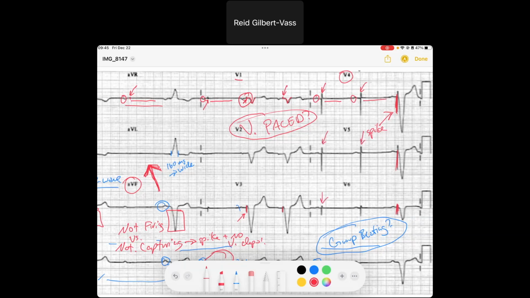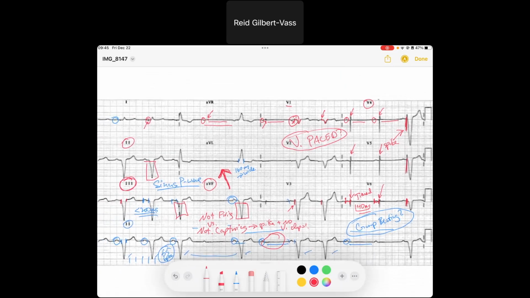In the ventricles, as we can see by the pacemaker spike that's occurring nicely timed after this atrial contraction, this P wave, right? It's happening about maybe 140 milliseconds after that P wave, which is exactly when it should. It times itself. It's sensing in the atria, and it's timing that ventricular spike accordingly, but it's not capturing. And so what we can say is these dropped beats all throughout are caused by